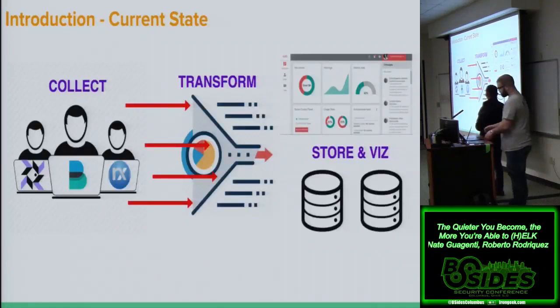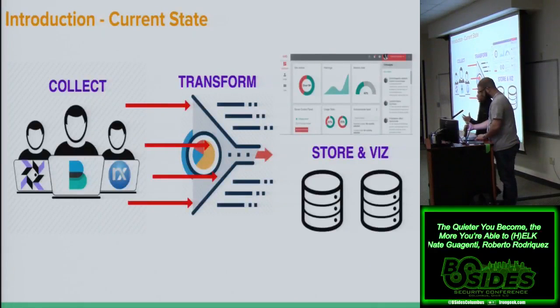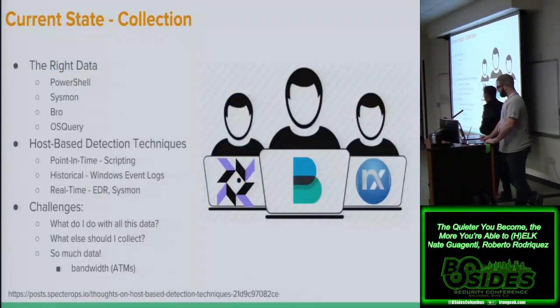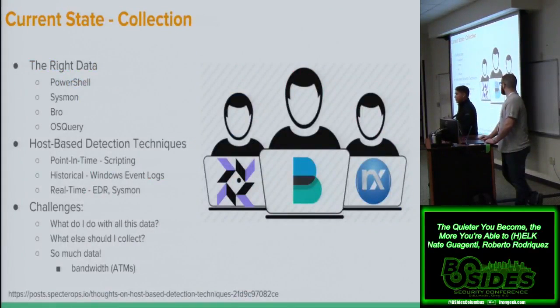Once again, I like to separate this problem into three categories, because it's easier to focus on little pieces at a time. The first one: I've seen a lot of organizations now doing it right, at least from a collection perspective. They have the right attitude and expertise, and now they're enabling, for example, PowerShell logging. They're moving into using some type of osquery or Sysmon and pulling all that data. Something where I think there is still confusion is the specific techniques you can use to collect that data.